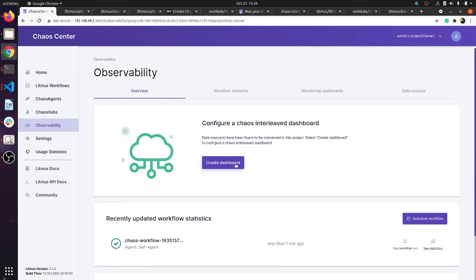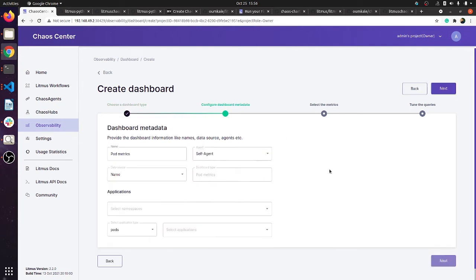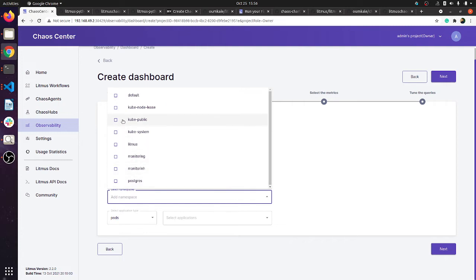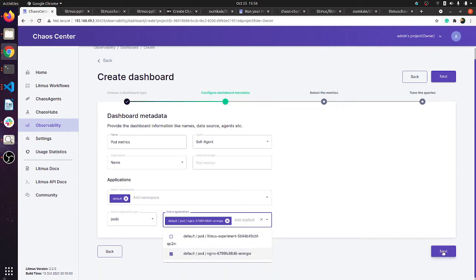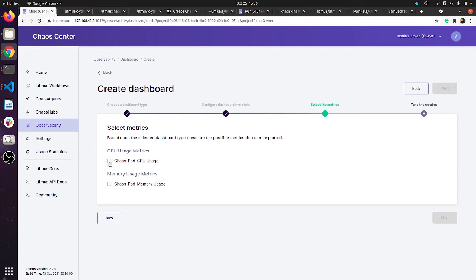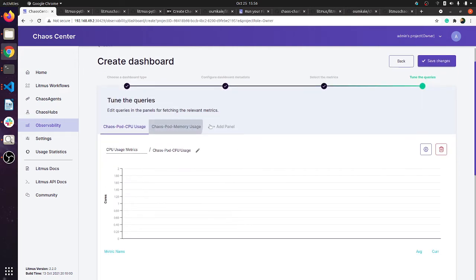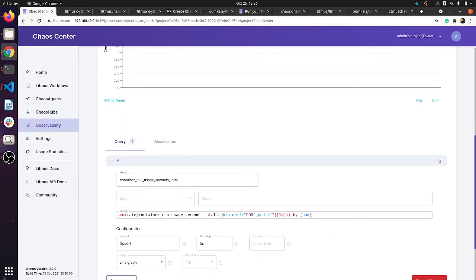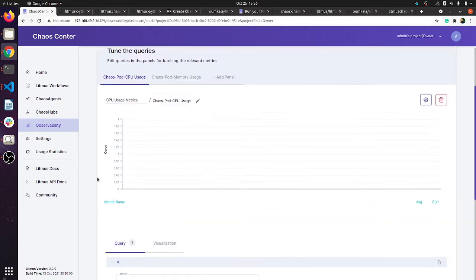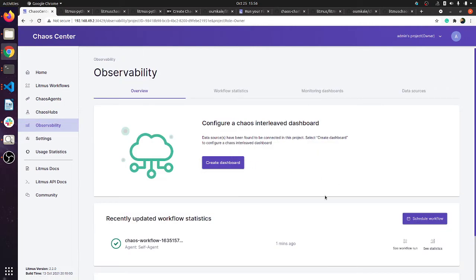We have to create a dashboard and select whatever you want, like the metrics. There are no metrics here because we haven't exported anything. We first have to export the metrics, and then we can simply add whatever we want to look into.